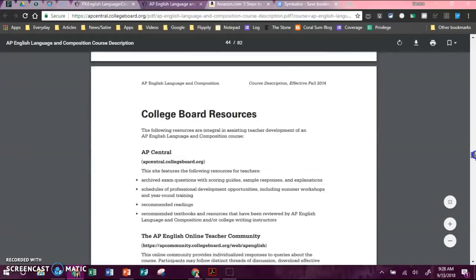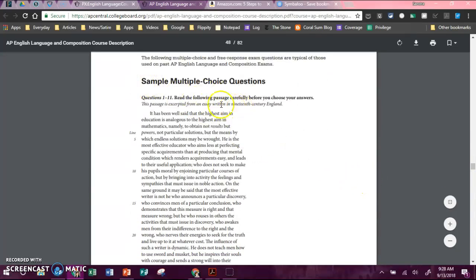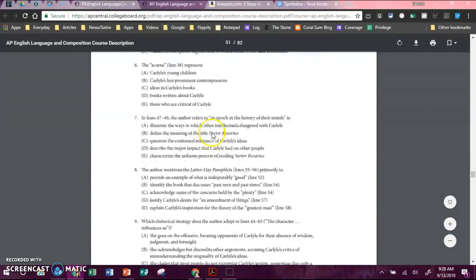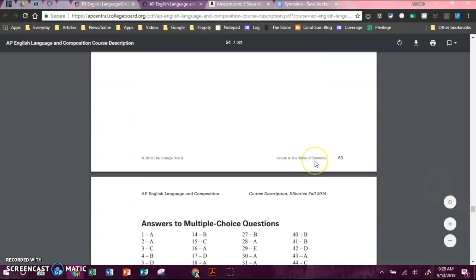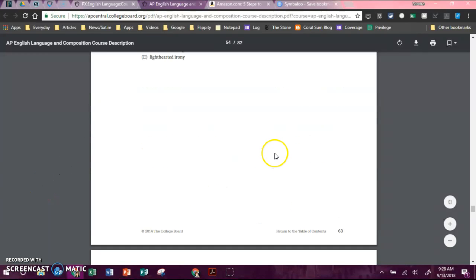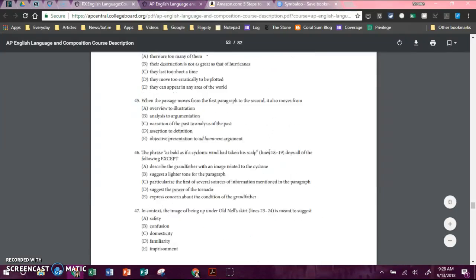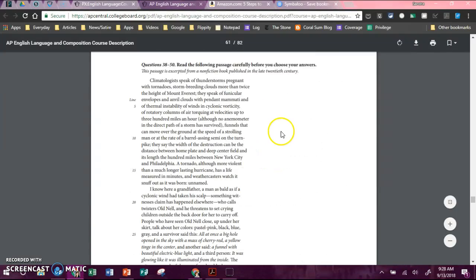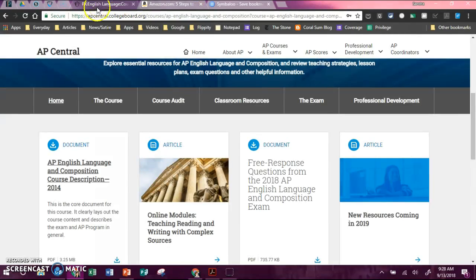They don't release a whole lot of multiple choice publicly, but right here, they actually offer a full-length AP multiple choice exam. And it has all of the questions, like 55 of them, and it gives you the answers. So if you want to do practice, it's only one test, but it's a good place for you to go. You can check your own work. And these are really good questions because they come right from the College Board. These are actually from old AP exams that they have used in the past. So that's where you can find some multiple choice practice.